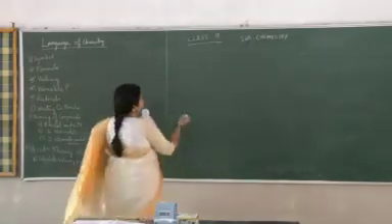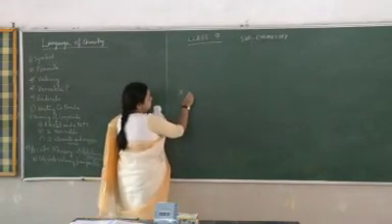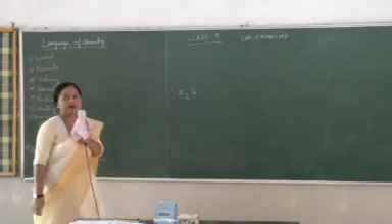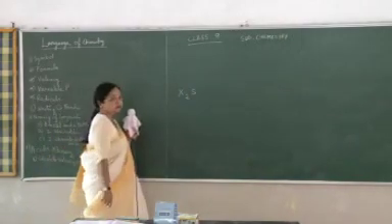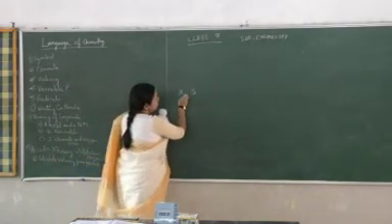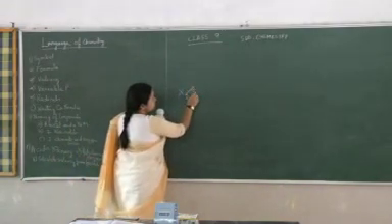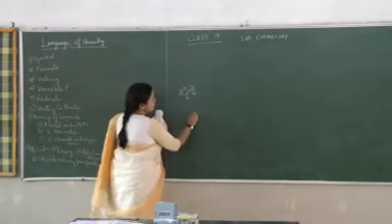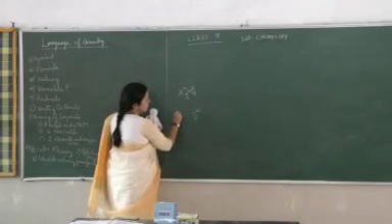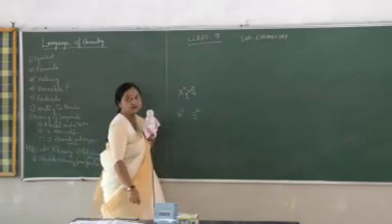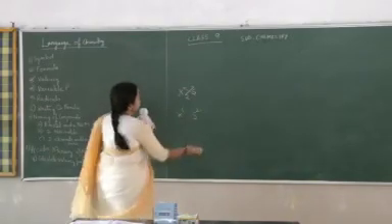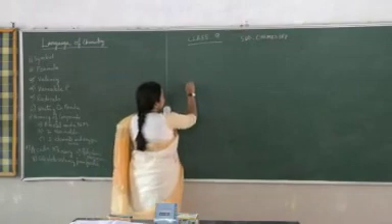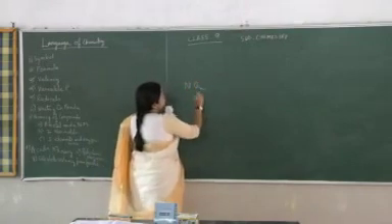Suppose you are given a formula X2O or X2S. Find the valency of X. Then what do we do? We take it back, the reverse gear. That means X is 2- and this is 1+. If I ask you to find out the valency of nitrogen in NO2,